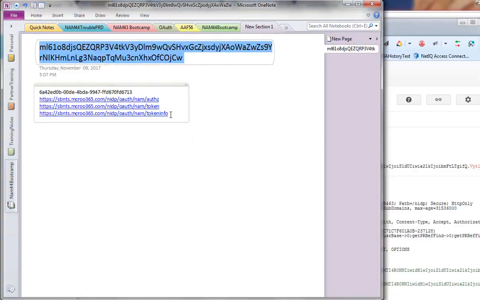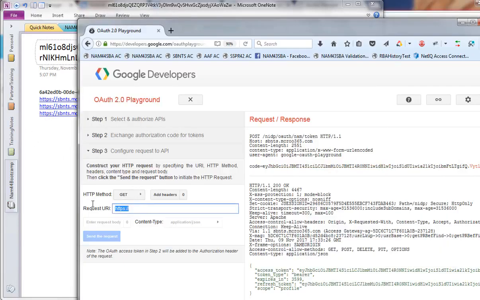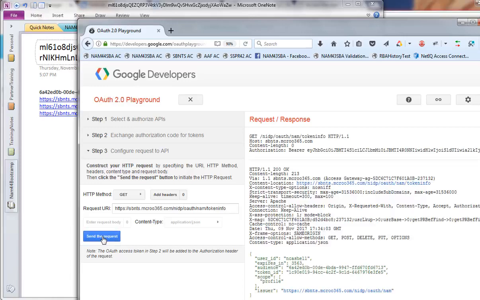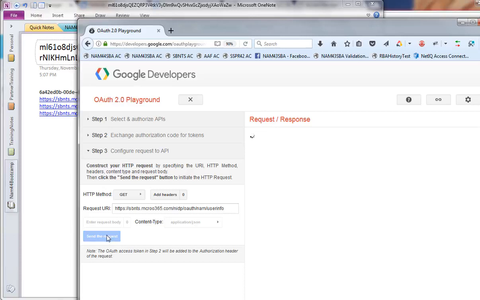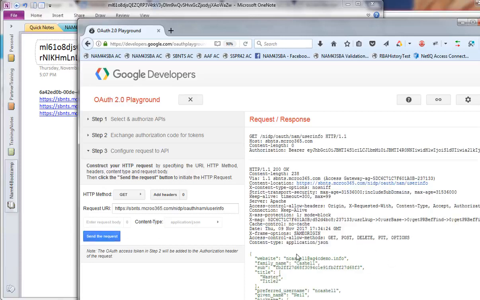If I go back to the endpoints here, I can go to, for example, the token info endpoint, and I can pass this token to the token info endpoint, and it'll give me some additional information: who the user is, who the audience is, the token ID associated, the scope profile, and who issued the request. I can also go to the user info endpoint and send the request, and I should get some attribute information back. So I'm sending it to the user info endpoint. I'm passing in the token, and here you can see the token passed in the authorization bearer header, and the response from that user info endpoint is basically the attributes that are available in